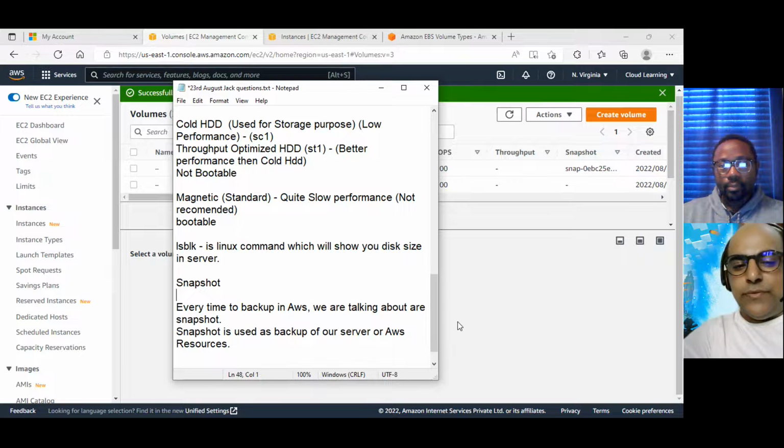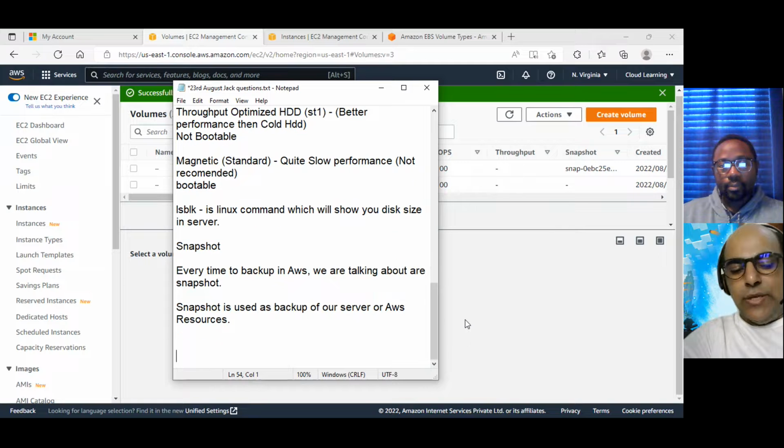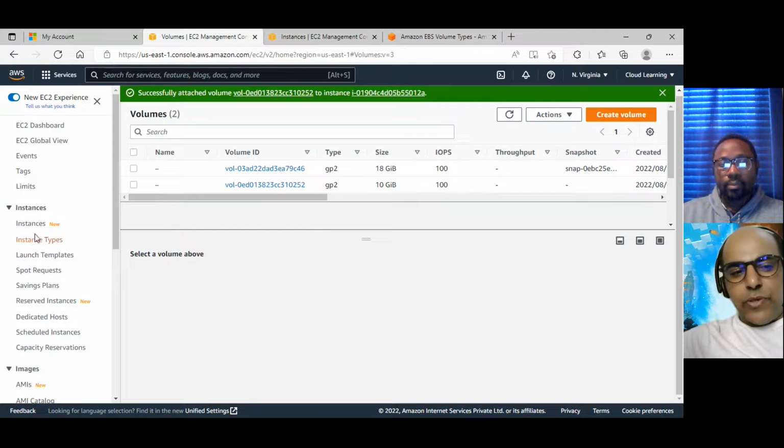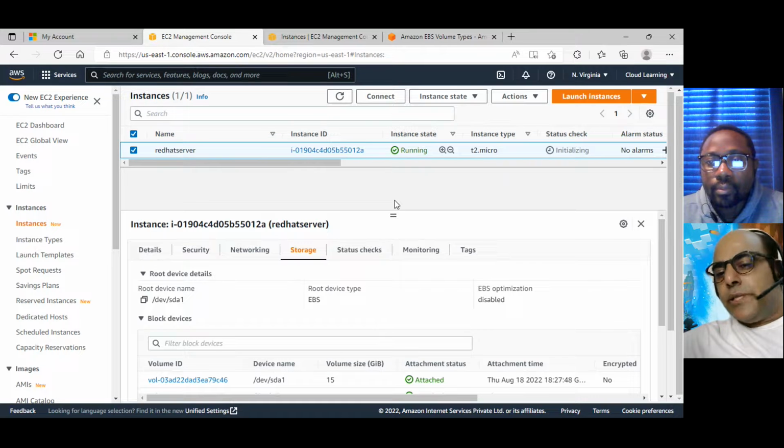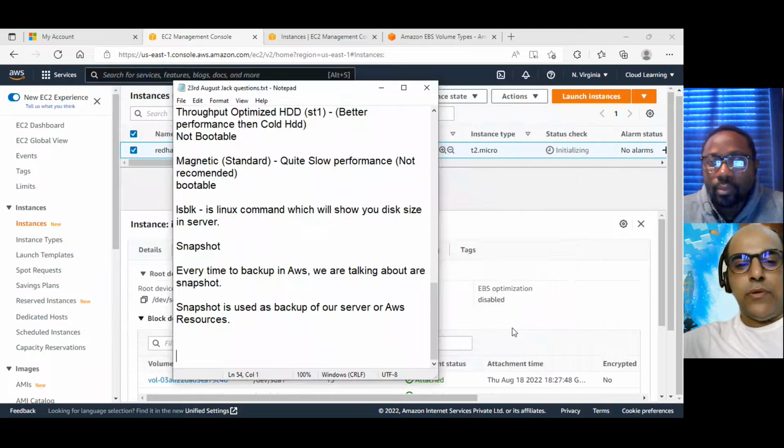How to take it? It will create a backup of our server. Suppose this is the instance. If this instance got removed, I can't do anything, right? Because I will lose my data. So of course I need to take a backup.